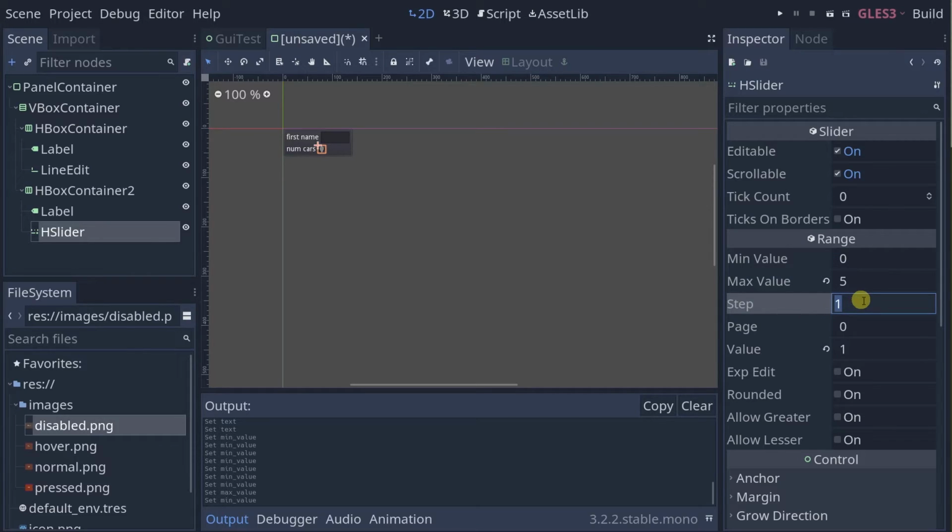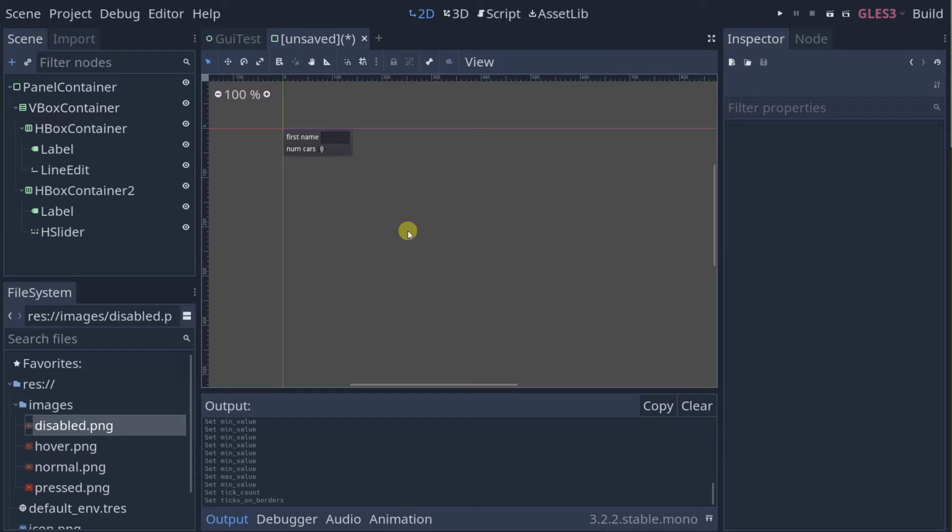You can't have half a car. And we want to show ticks. So I'm going to do 6 ticks because 0 to 5 is 6 values. And I want the ticks on the border. I don't know why by default that's off. All right. So again, you'll notice that we have that sizing issue. So, well, before I talk about that, notice